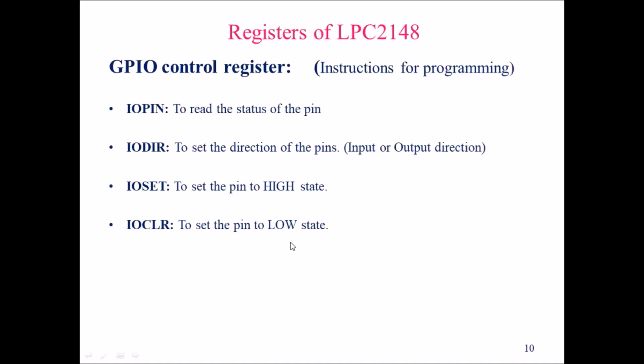IODIR. IODIR stands for input output direction. Basically this instruction is used to set the direction of the pin. Either we can set the direction as input or we can set the direction as output. So basically there are 2 types of direction: one is input direction and the other is output direction. If you want to set